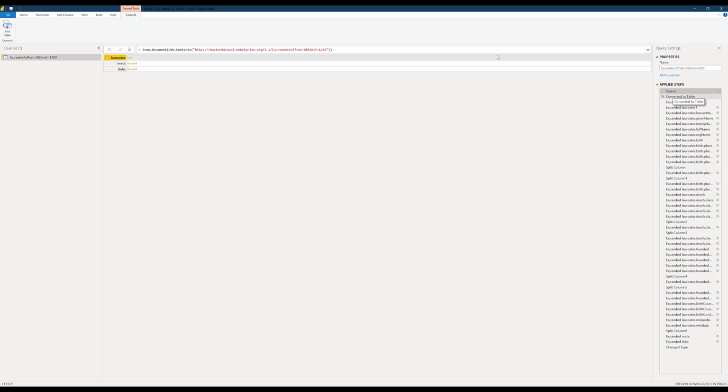Just one quick note, if your window does not look like mine, you can go to the View tab of the ribbon, turn on the formula bar, and then you'll be able to see the M that's being written behind the scenes. Before we step through all of these steps together, the main thing I want to mention is that